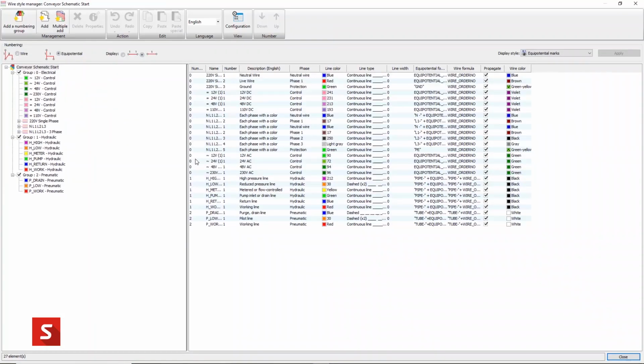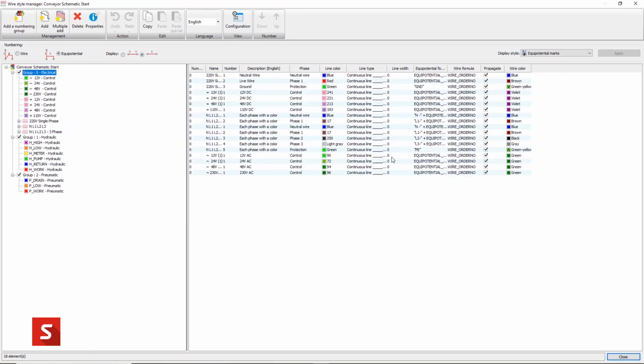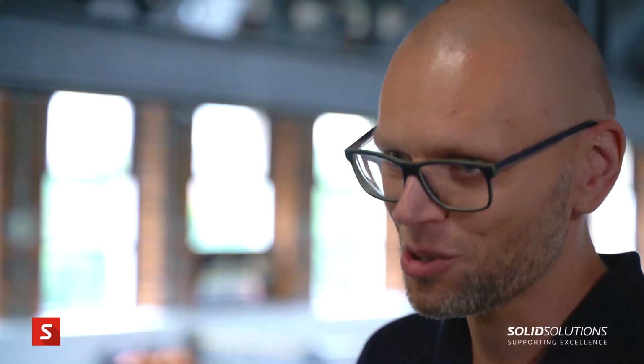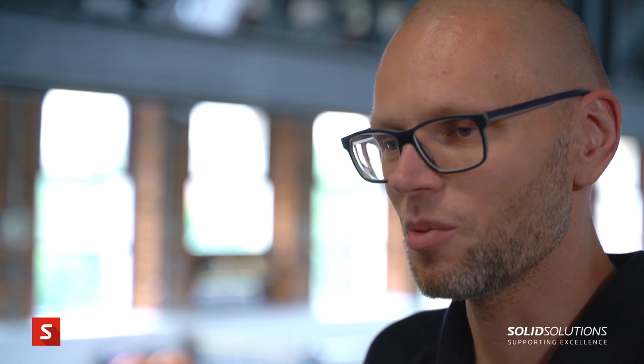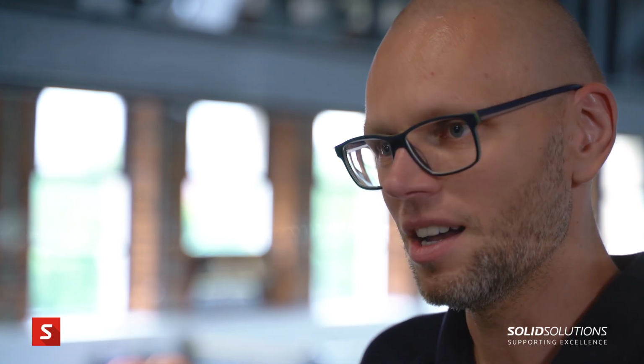Reports in SolidWorks Electrical are a big, very powerful tool. I must admit it's not easy to use. There are many of them. They need to be configured to your own needs. But again, Solid Solutions is there to help you with that. I haven't come across a situation when Solid Solutions didn't give me an answer on how to format or which kind of data to pull from the database to the report, whether it's wire lists, component lists, a bill of material, or even terminal drawings, which is very helpful for panel builds. It's all there for you.